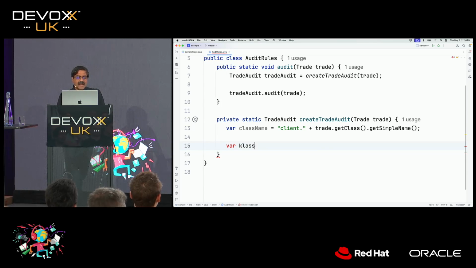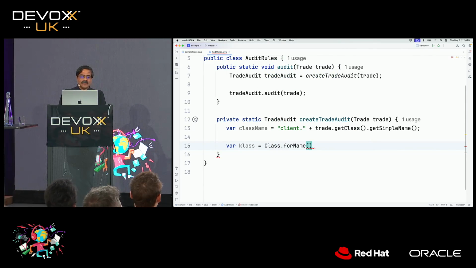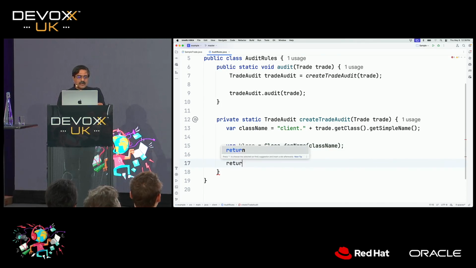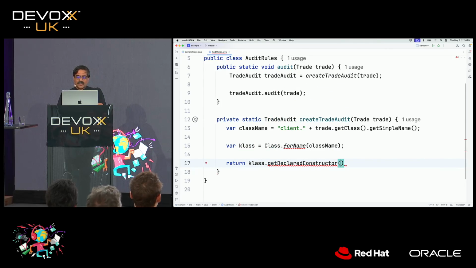So we could say class equal to Class.forName, and this could be the class name we are interested in. And once you get the class, you could return className.getDeclaredConstructor().newInstance(), and you could create the instance for it.